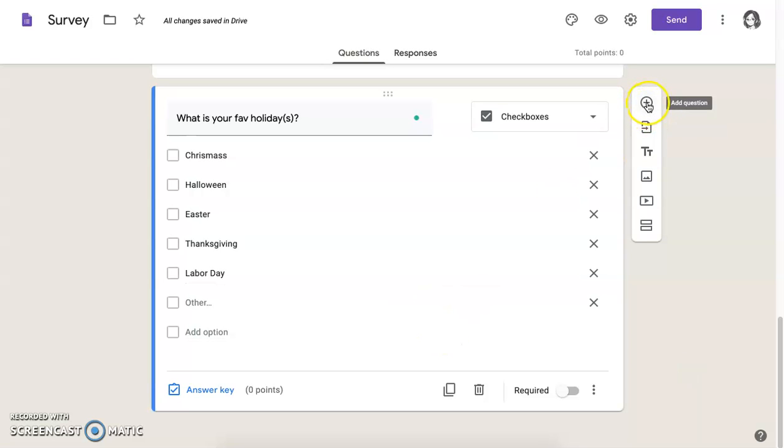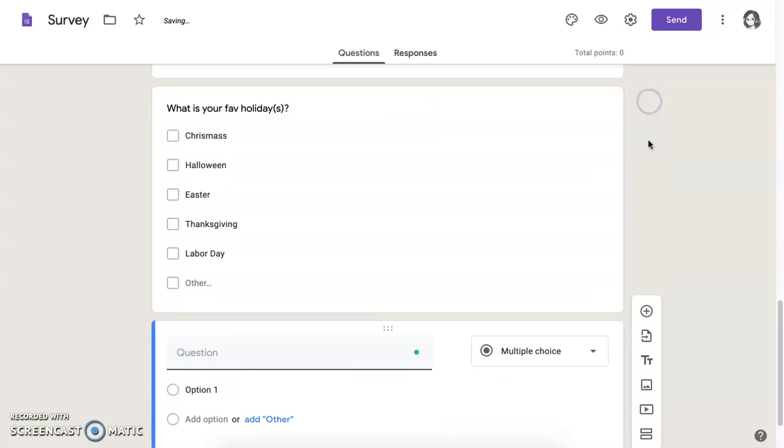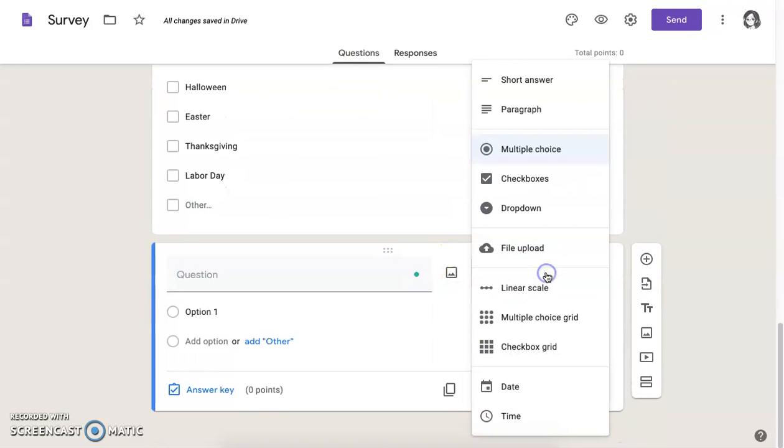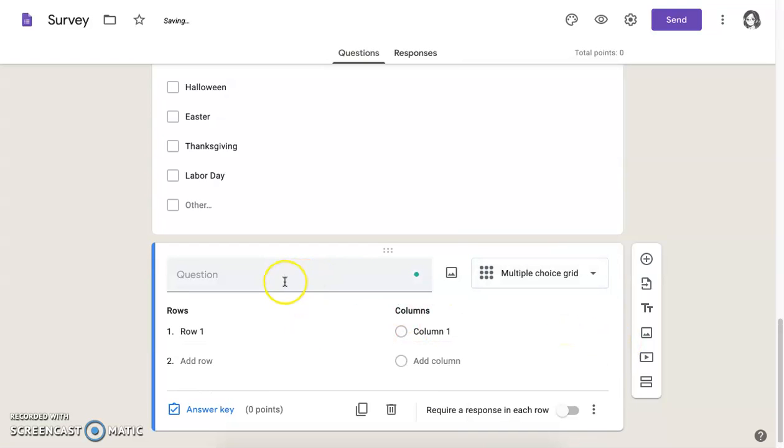And let's then add another question here for fun. We can do a multiple choice grid. And this is more for like the real survey kind of questions. So here as rows, you would ask them those questions. And here you can put